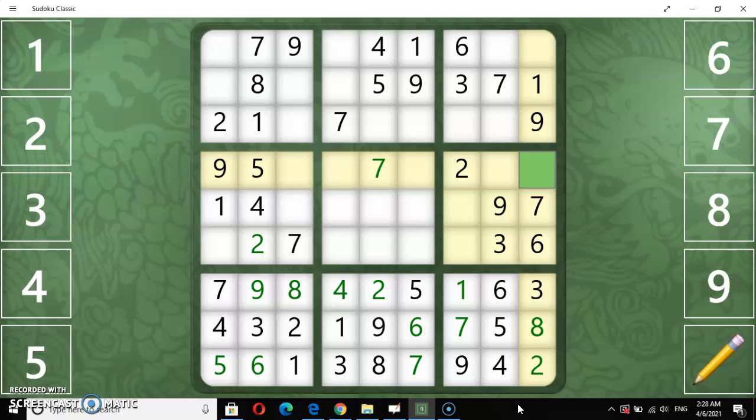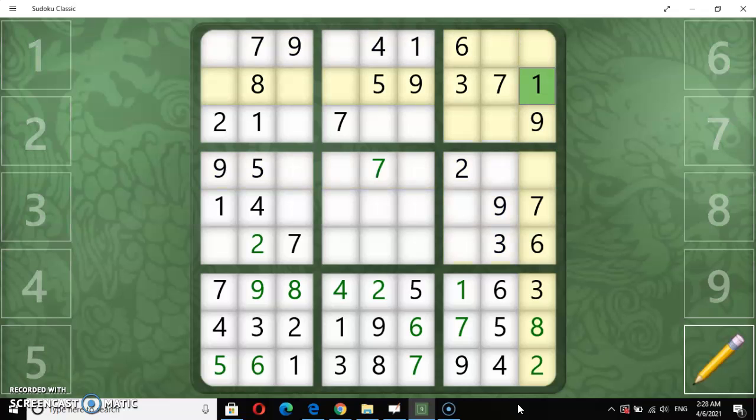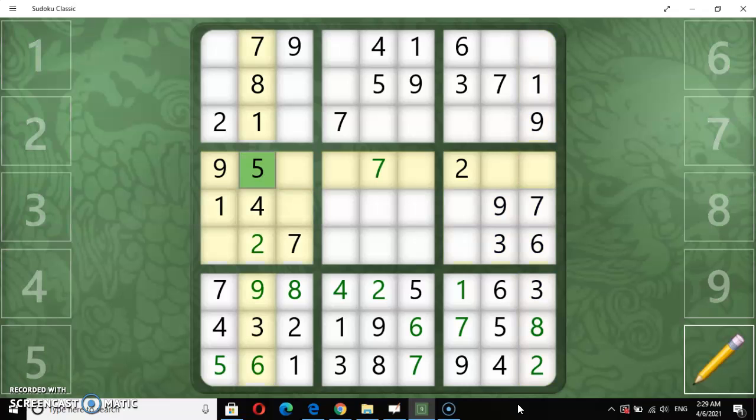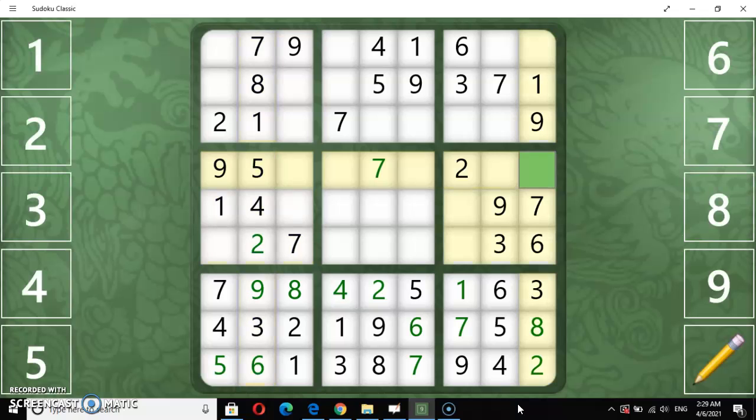1 2 numbers are not here. What are those? 1 2 3 4 is not here, and 5. Can we write here 4? Yeah, we can write 4 because 5 I cannot write because here is 5, so I cannot write here 5, so I go for 4. So remaining number here is 5. Okay,